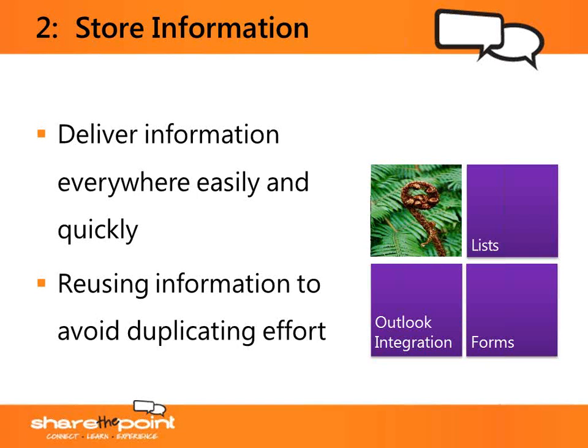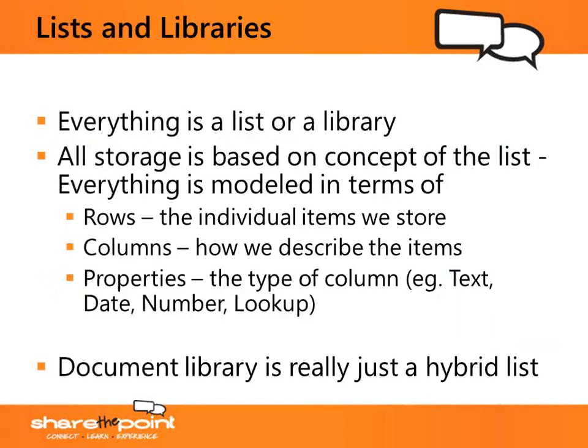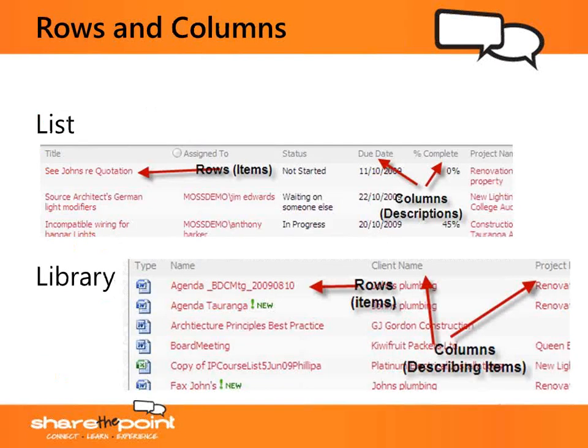The way that you can do that within SharePoint is by using lists. The easiest way to explain it is that everything within SharePoint is either a list or a library. And the easiest way to think of that is if you can imagine a spreadsheet. The spreadsheet's got rows of information, right? And then along the top, you've got all the different columns that describe that type of information. Well, we can create those exact same things within SharePoint, and they're just called lists. And I'm going to show you some examples of lists that you can see on this diagram.